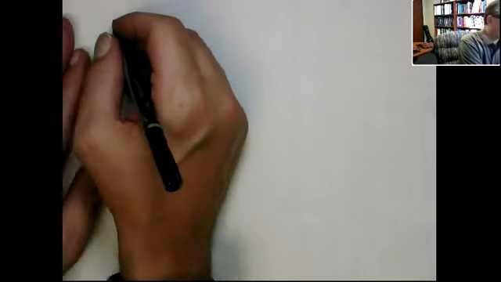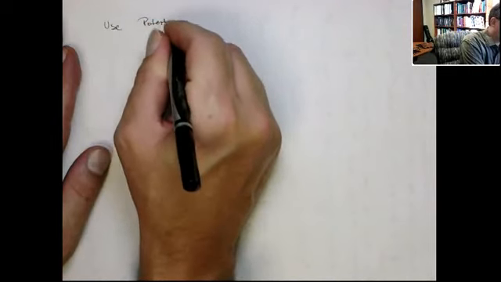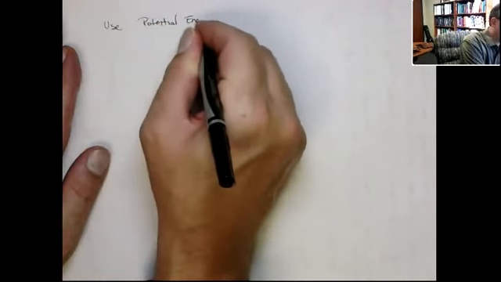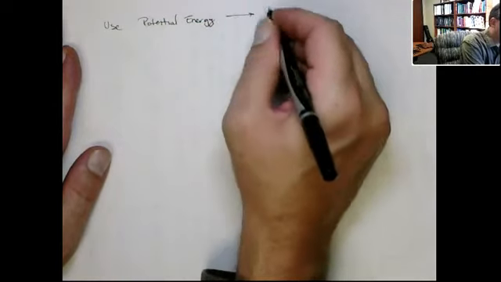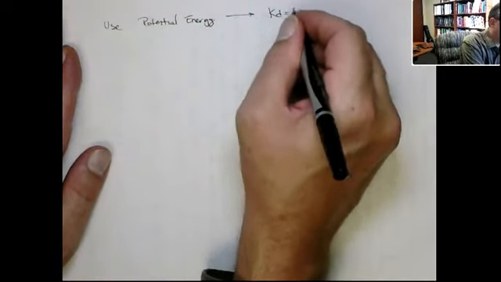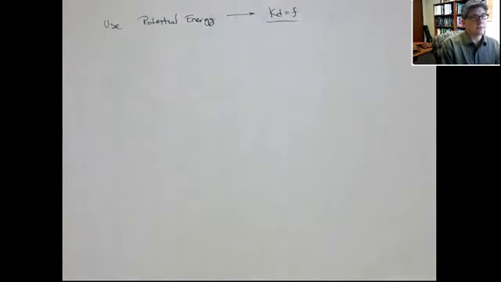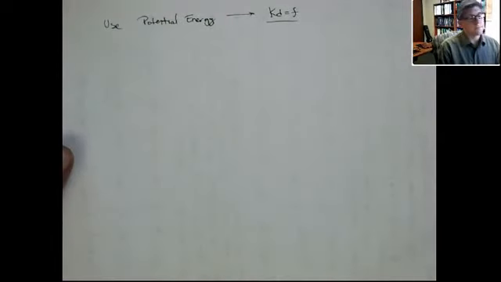What we're going to do here is use potential energy to get the discrete finite element equations, Kd equals F. So this is a little more general approach to doing this. Actually, a better way to do this, well, not better, but a different way to do it that's a little more